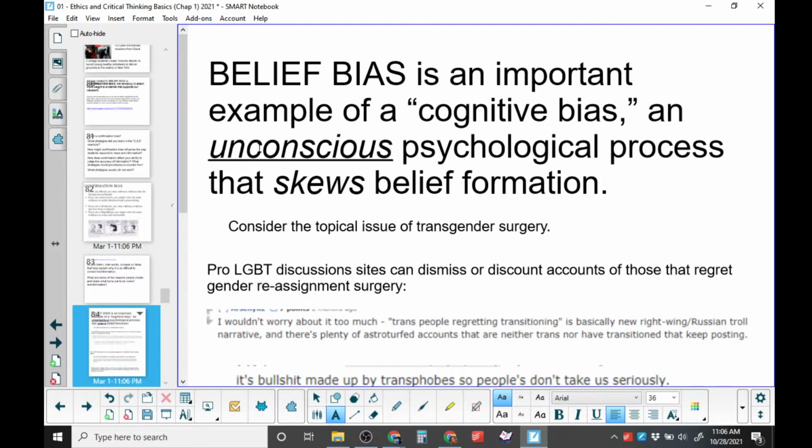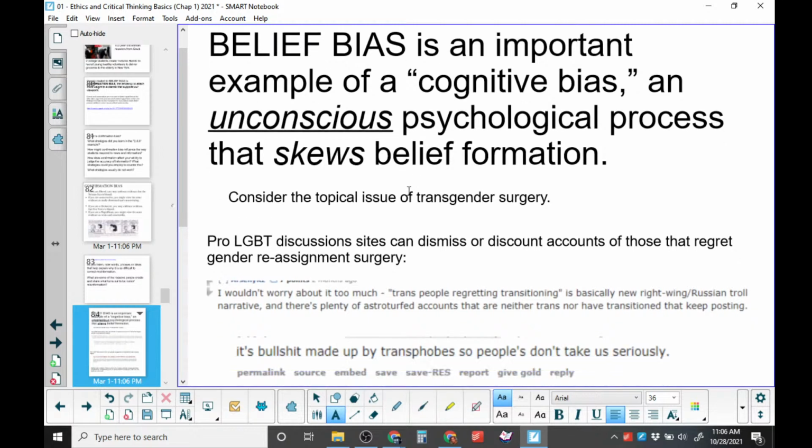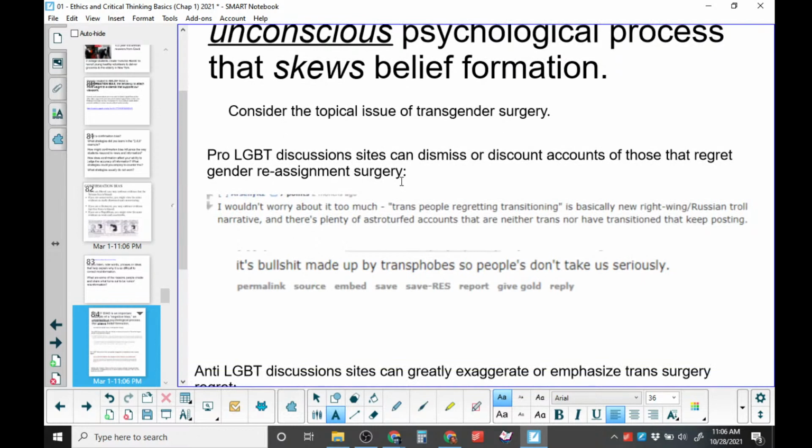And so on a particular issue, I picked transgender surgery because I could find lots of stuff that people are arguing about online. There are pro and anti discussions. Now, I don't want to say that there are two sides to this. I've deliberately picked an issue where there is clearly medically a right side. Medically, reassignment surgery is necessary for some transgender people, not all transgender people. It is absolutely not in doubt from a medical perspective.